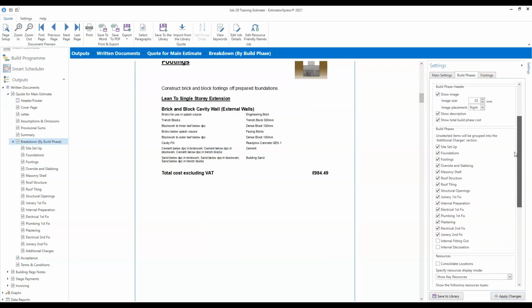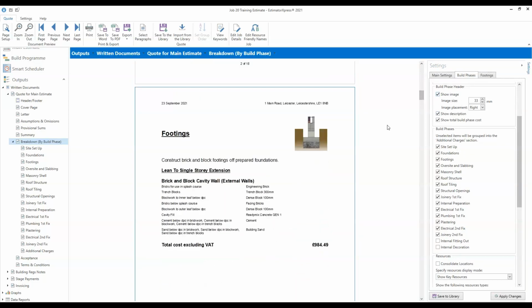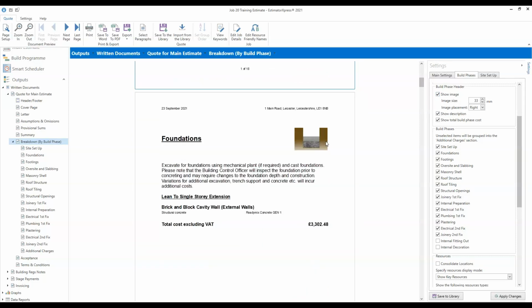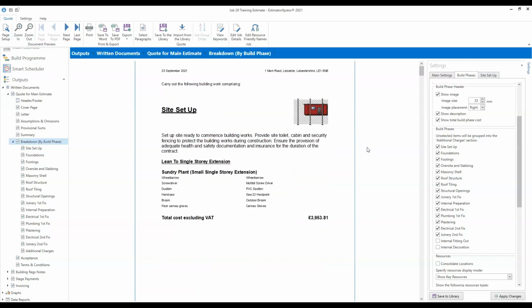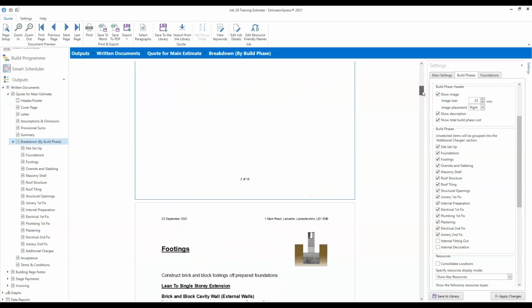Then there's some settings you might want to think about. So within each build phase heading, do you want to show the build phase image? So you'll see we've got little icons for each build phase. We'd always recommend that you leave those on for a domestic client. Firstly, it helps them with their understanding of what each of the different build phases is. The other reason then that it's a good idea to show those images